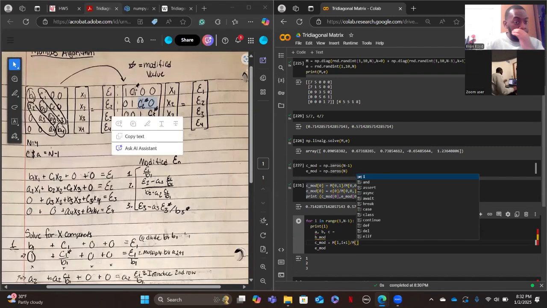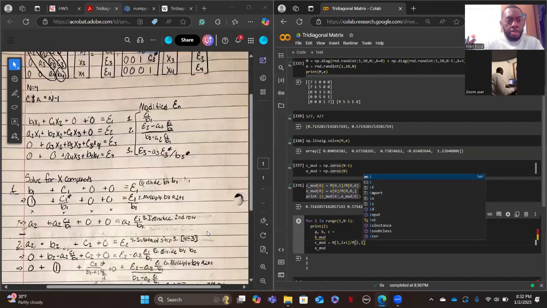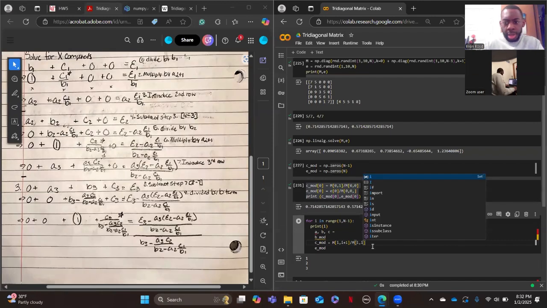So B2 in this case is M at I, minus A2, which is M at I minus 1,